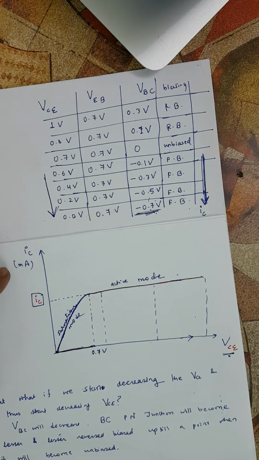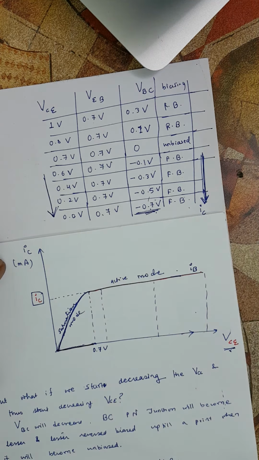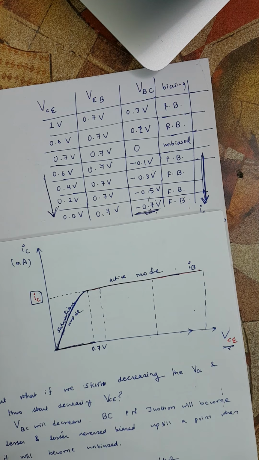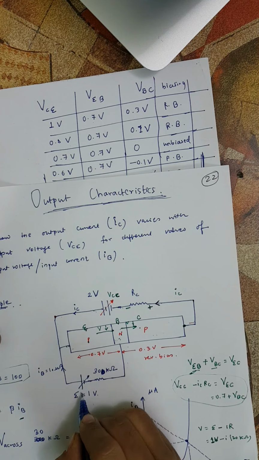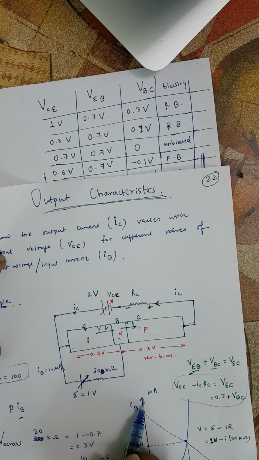Okay, I hope this is clear. Now this is at a particular value of VBE and a particular value of IB. Now what if we increase IB? What will happen? For example, in the active mode, when the collector base PN junction is sufficiently reverse biased, on increasing this input voltage, you know that the load line will be shifted like this, so current will increase, IB will increase,